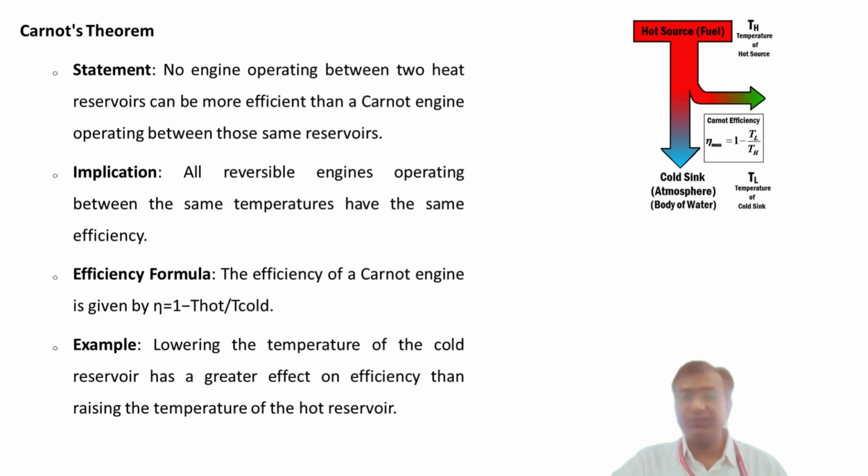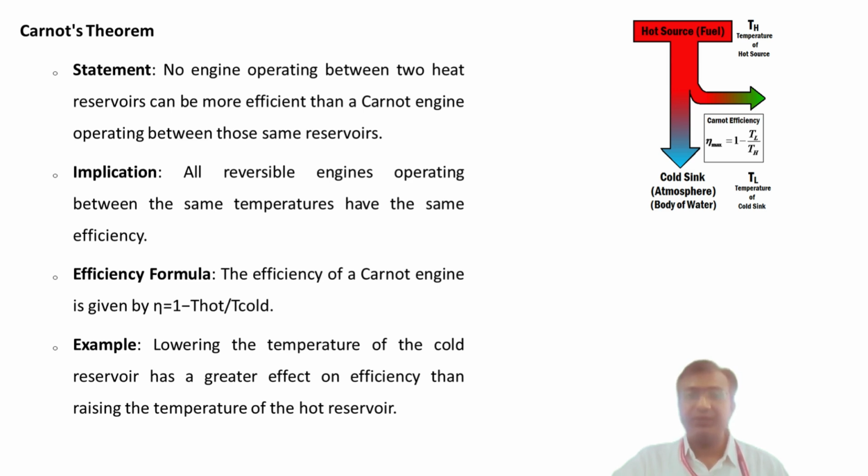This is because the efficiency formula involves the ratio of Tc divided by Th. So decreasing Tc or increasing Th could increase the efficiency, but the percentage change is more sensitive to change in Tc when Tc is smaller as compared to Th, that is T hot. For instance, if we kept Th, that is the hot reservoir, at a constant temperature of 500 Kelvin and decrease the Tc, that is the cold reservoir temperature, from 300 to